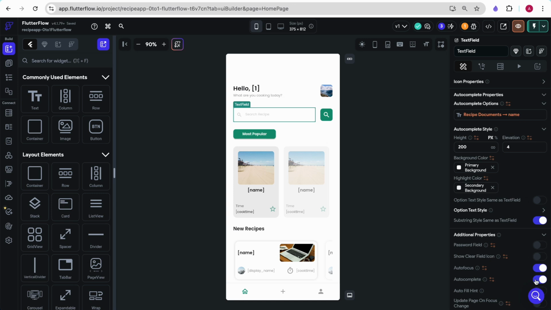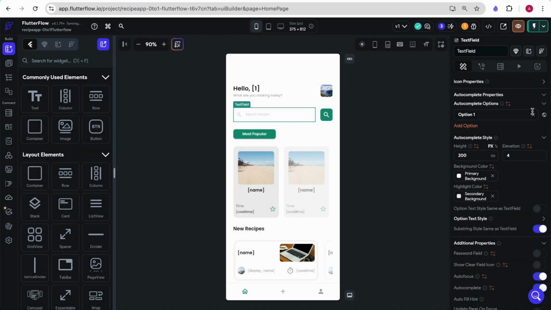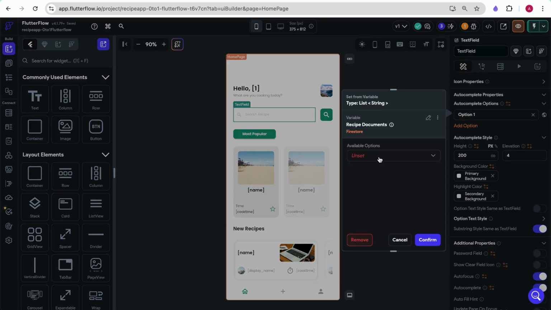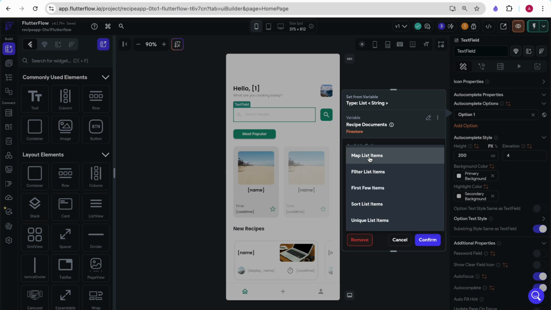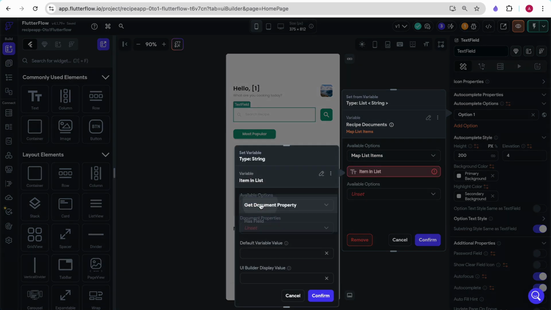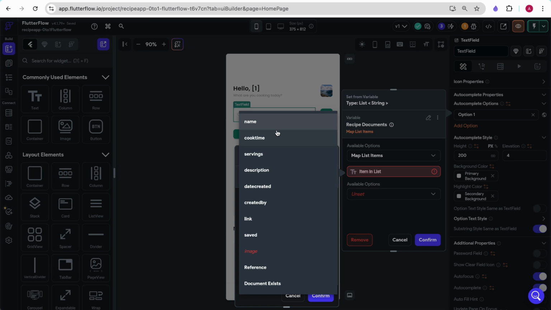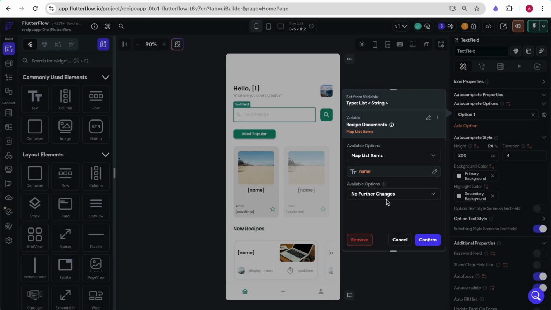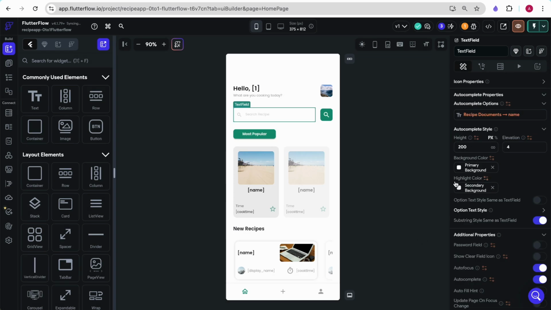When we select yes to autocomplete, these autocomplete properties pop up. We want to select our autocomplete option. We want to click this dynamic thing so it's dynamic, but you could also type it in like so and keep adding options. We're going to choose our recipe document, which is just a list of all of the recipes, and then get map list items, get document property, and then get the name. What this is going to do is it's going to retrieve all of the names of the recipes, and the moment the user starts typing something in, it's going to find the recipe name that relates to it and try to autocomplete the user's